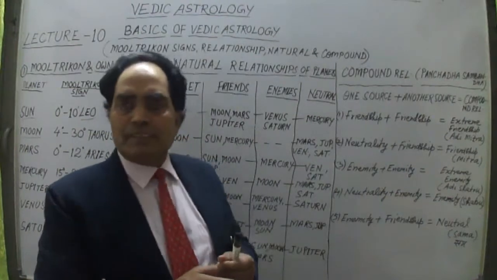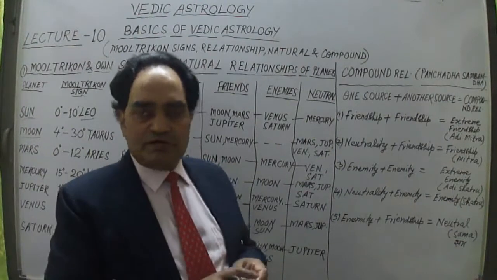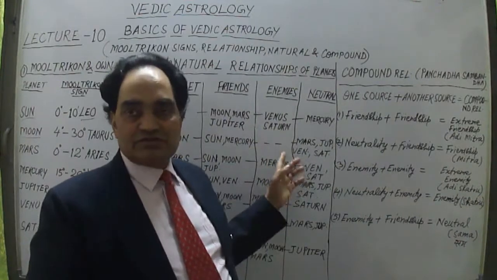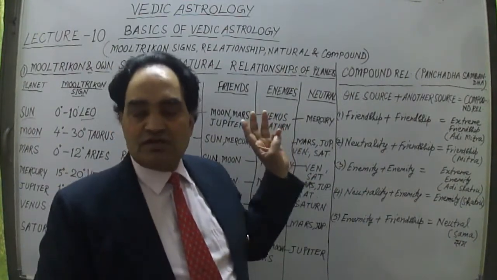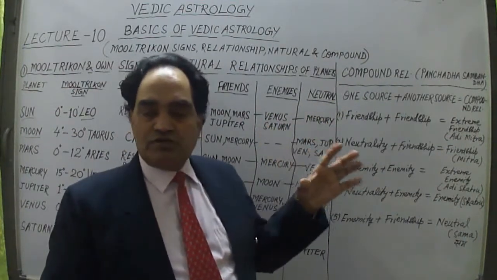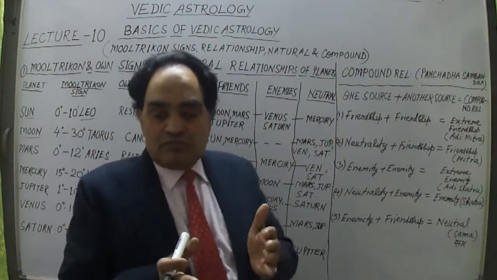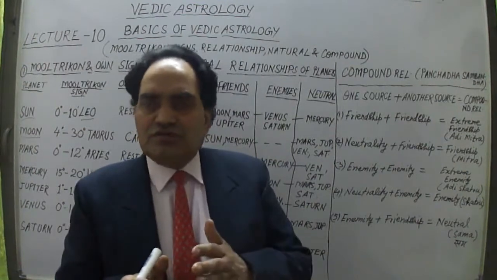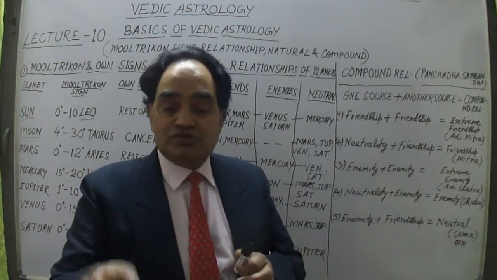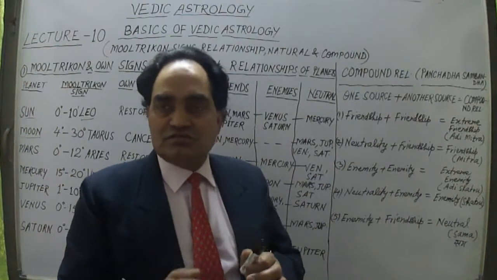This is what we understand, and Ketu has the same kind of relation, but we will talk about them separately. Now come to the actual or natural relationship among these planets. I have taken here 3 types of relationship: friend, enemy, and neutral. Neutral means no enemy, no friend. If planets are neutral, then they are not giving bad or good results; they are non-effective, we can say. If 2 planets are placed in the same sign, but they are aspecting each other, right?